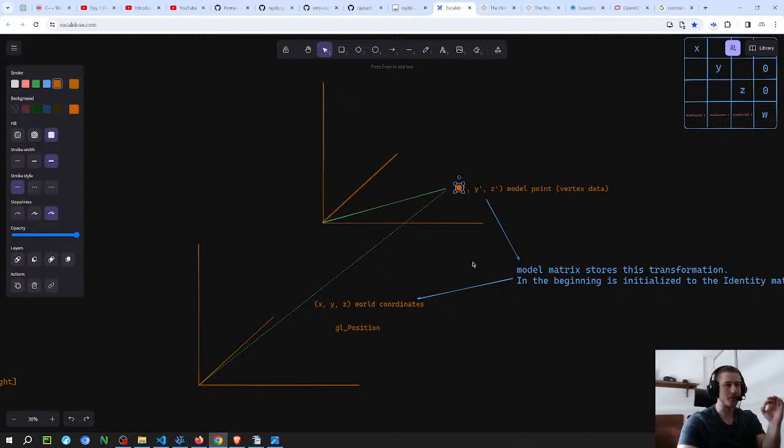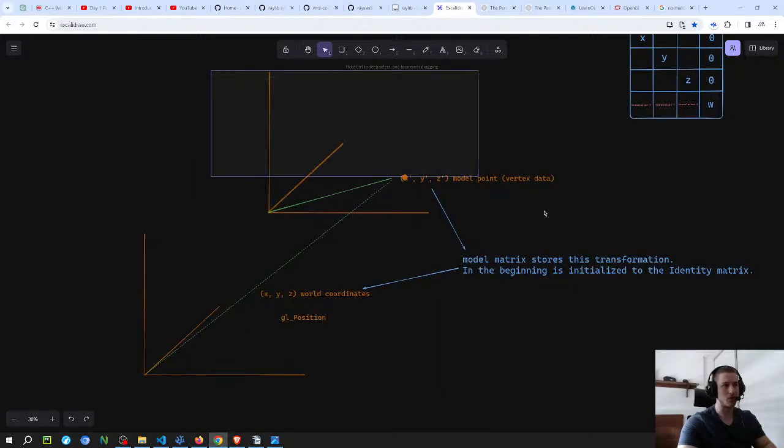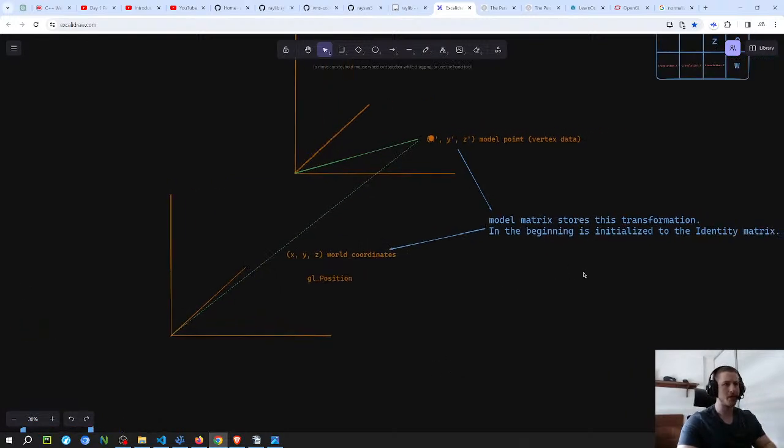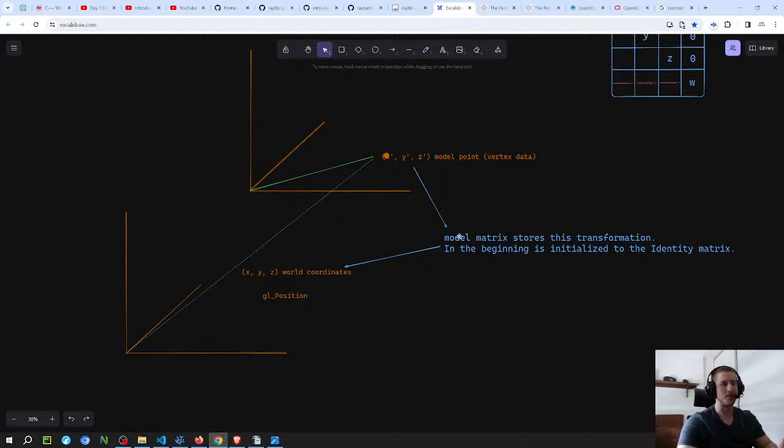But the thing that is confusing to understand is that both the world coordinates and the local coordinates, so this one is the local, this one would be the world, are both supposed to be normalized device coordinates, which go from -1 to 1. And in the beginning, the way that you are going to set up the model matrix is going to depend on the way you want to send the data to the vertex shader. Because if you're sending the data in values that are outside -1 and 1, then obviously they're not going to show on the world coordinates, because the world coordinates are from -1 to 1. So